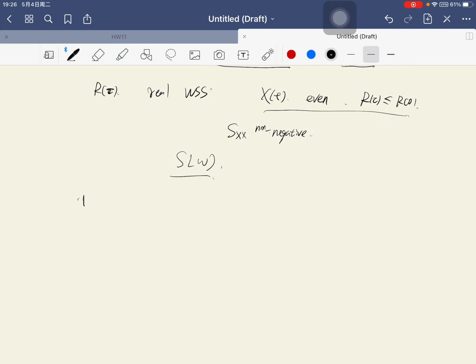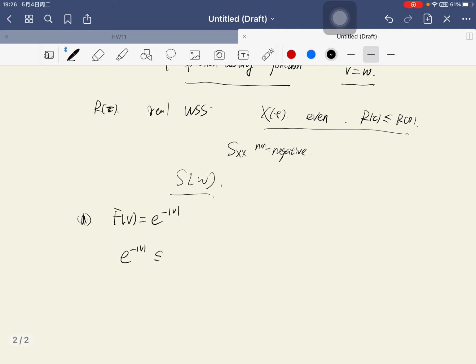For this question A, the function is e to the power of minus absolute V, and at first we want to know that this function is smaller than or equal to R(0). If it is the autocorrelation function, we put V equals tau, and being smaller than or equal to R(0)